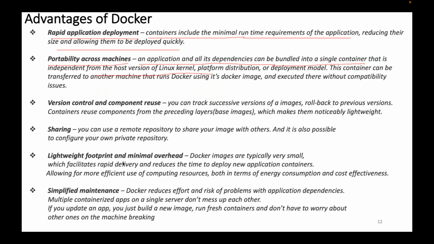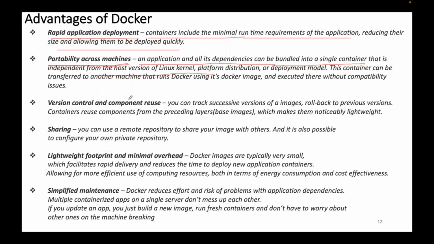What does it mean? I created a Docker image by installing Docker in my local laptop. Can that image be run as a container in Linux? If it is a Red Hat OS or Ubuntu OS, CentOS, that doesn't matter. Irrespective of the host kernel, will I be able to run these images? Yes. So can we achieve portability across machines, which means I can run these images wherever there is Docker? Yes.